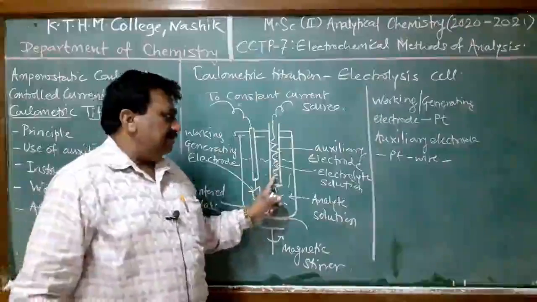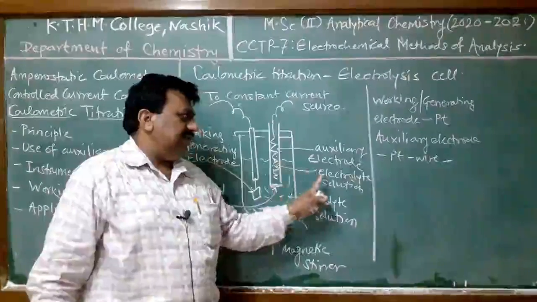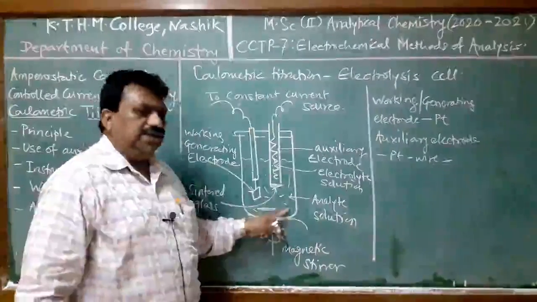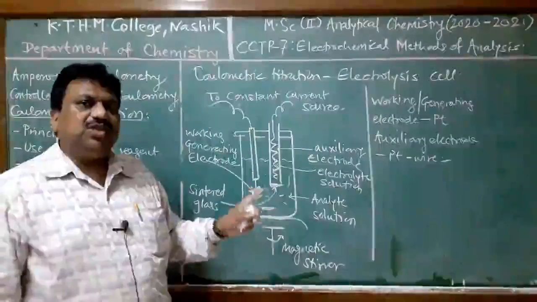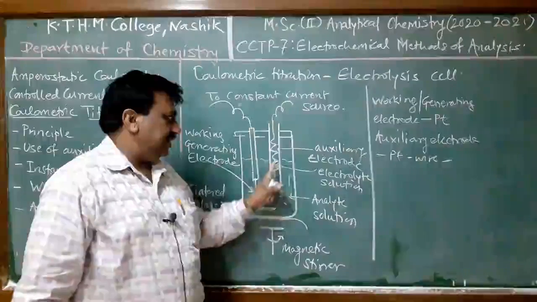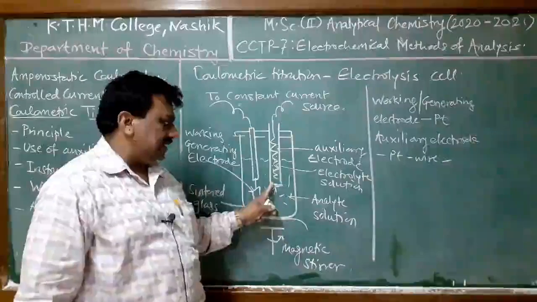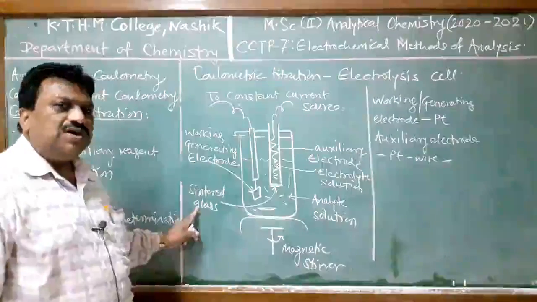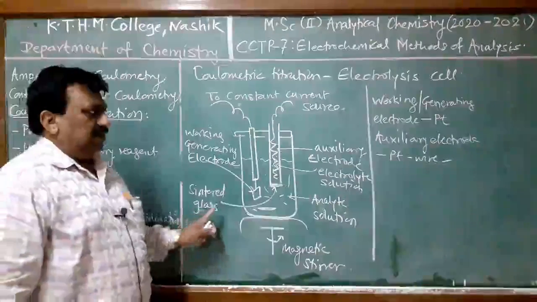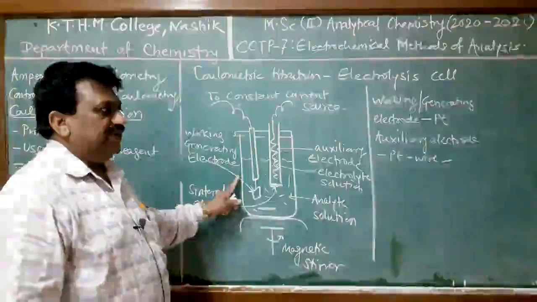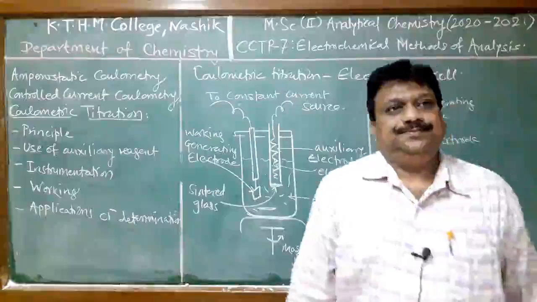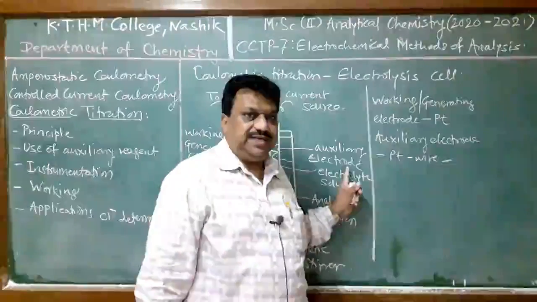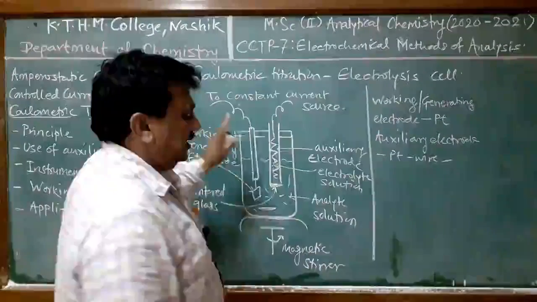Now here sometimes the analyte solution may be placed in contact with the auxiliary electrode, or sometimes it may be taken into the electrolysis vessel depending upon the course of reaction. Therefore, here this auxiliary electrode is placed in a glass tube, and these two electrolyte solutions are separated by sintered glass or a porous partition. Now this is the instrumentation of this coulometry. Student, now we discuss how this technique works, amperostatic coulometry or coulometric titration.